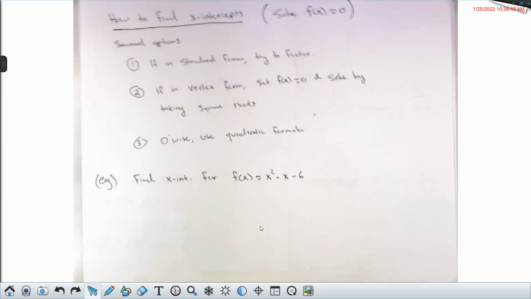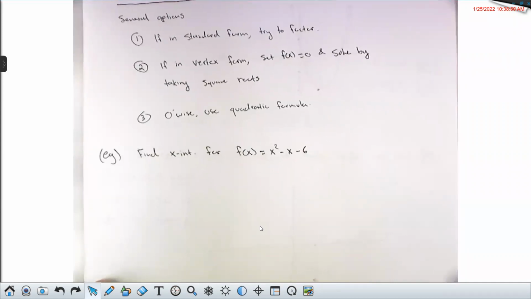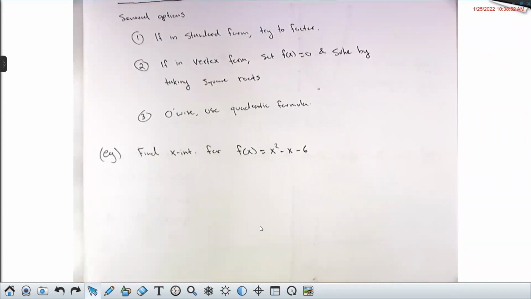The most general method is called the AC method. A slightly abbreviated version of that is where you look at this number. So if a is 1, if you just have x squared instead of some number like 2 or 5 or 7 x squared, then what you can do is look for two numbers that multiply to this and add up to this.